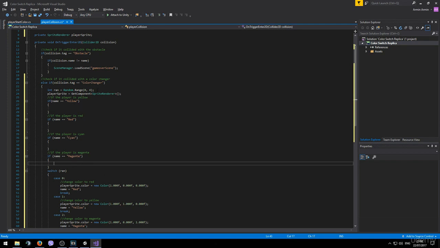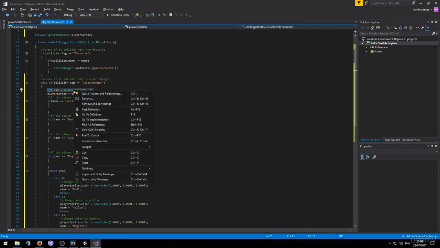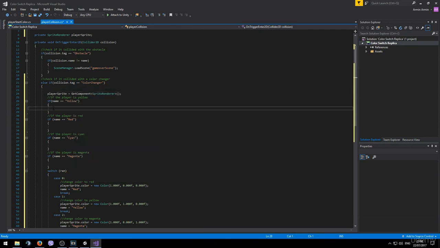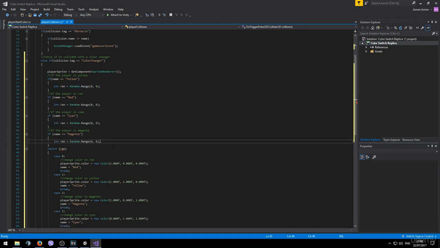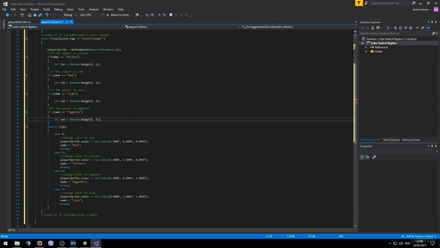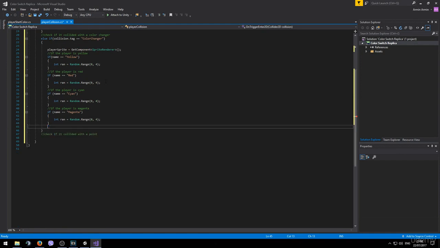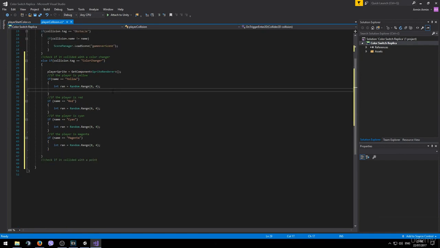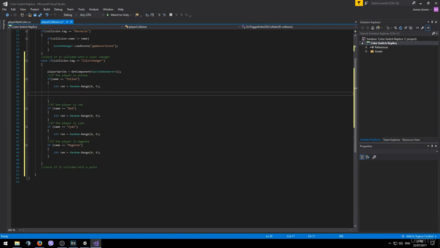And we won't be introducing the random variable before we know which color it is, so let's go ahead and cut this, paste it here, and now we can go ahead and copy it to every single one of these. And now we can go ahead and cut this, paste it here,